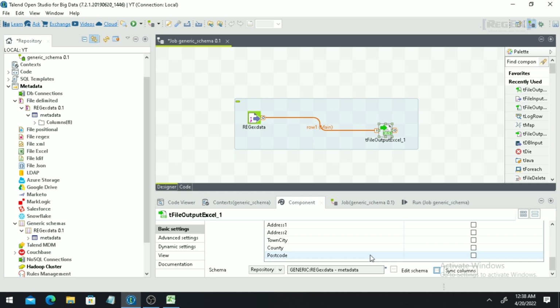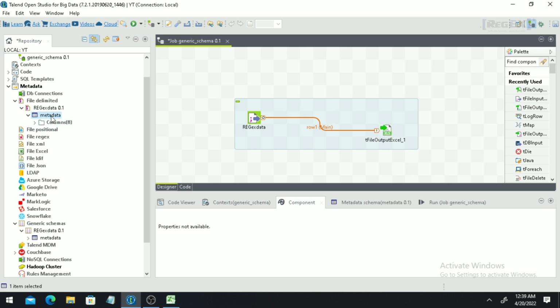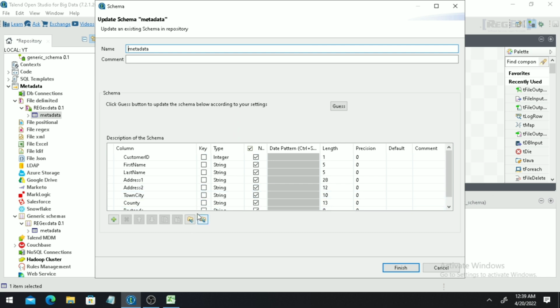Now there is one more option. You can create the generic schema using an XML file. You have to go to the metadata of any file delimited or any file XML component, whatever metadata you have created. So open it. You see an arrow sign, and if you click on it, it will give you an option, export all the rows into an XML file. So just click here,